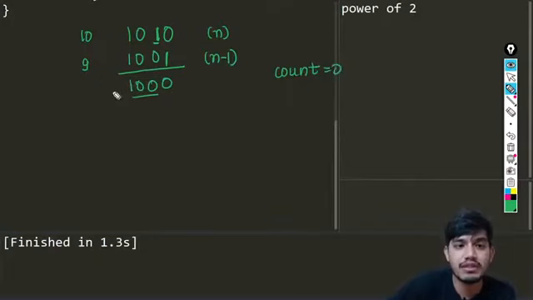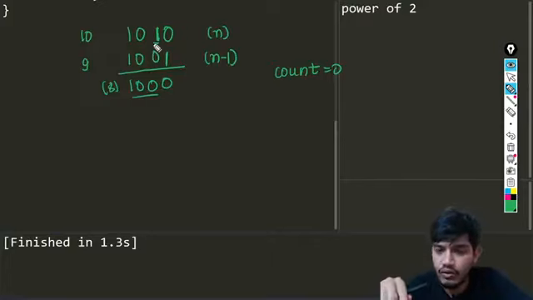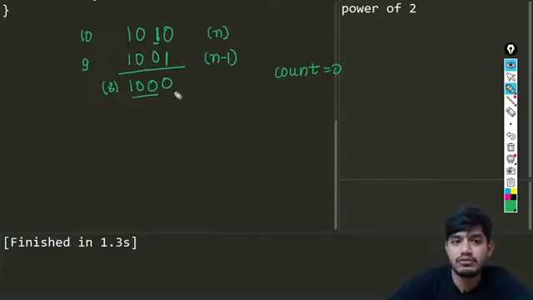Now when I did this operation and converted 10 XOR 9 to the value 8, this is nothing but the value 8 when I do this AND operation for them. So you can see one bit is being removed. So you can easily say whenever we are doing n bitwise AND of n minus 1, we are removing one set bit, the rightmost one. That is the important observation I want you to make. Whenever we are doing n & (n minus 1), we are removing the last set bit. Okay, so this is the operation.